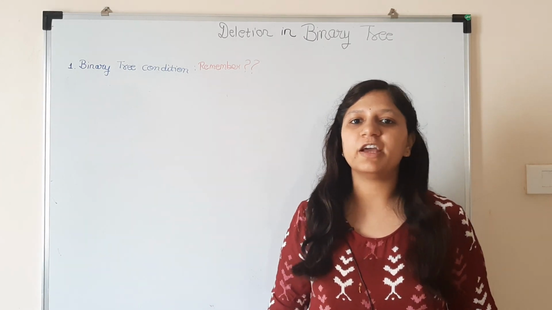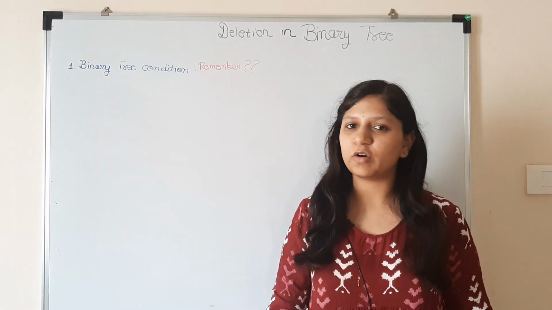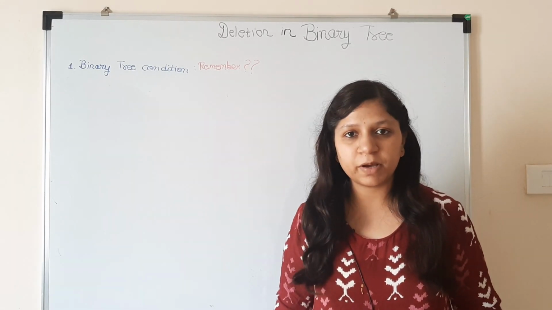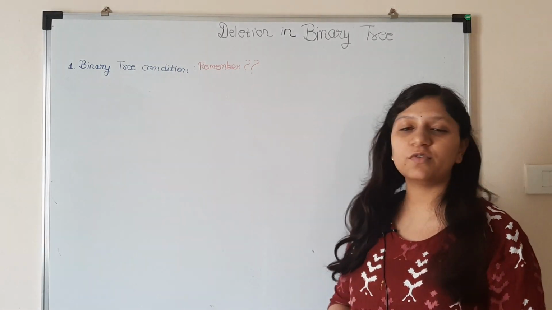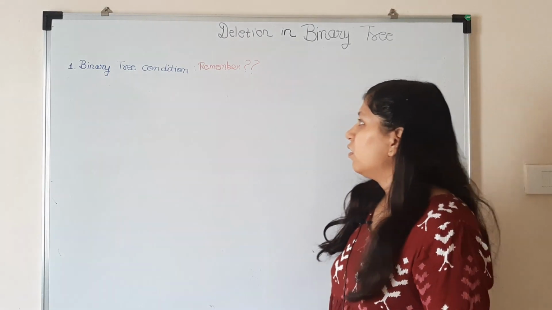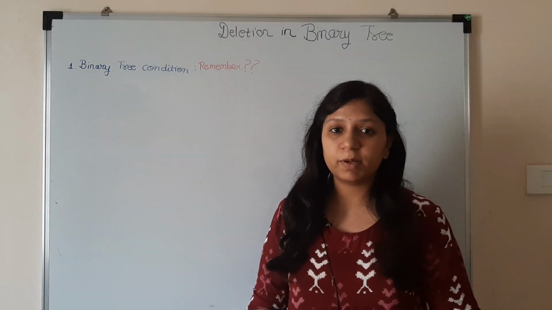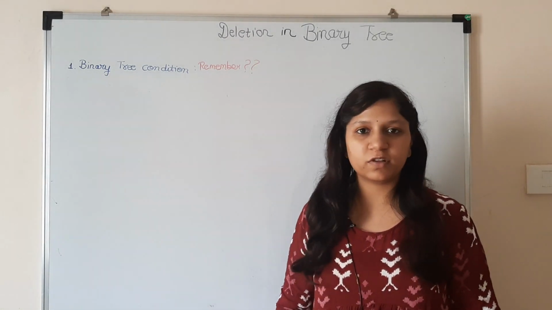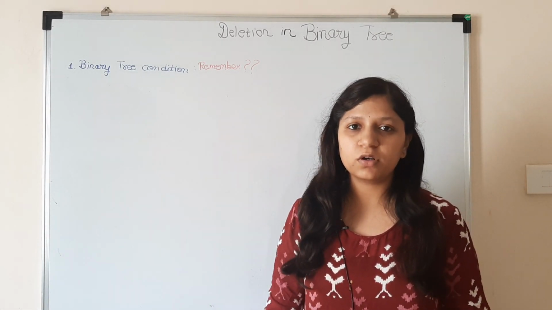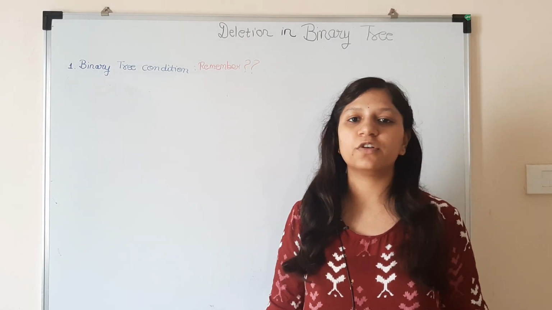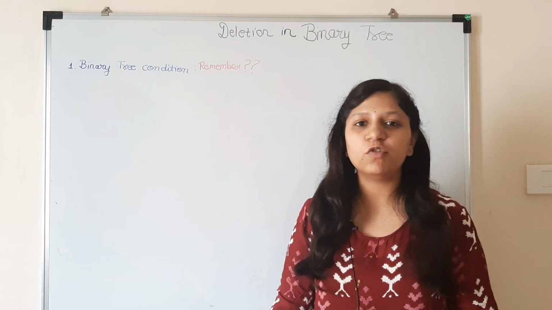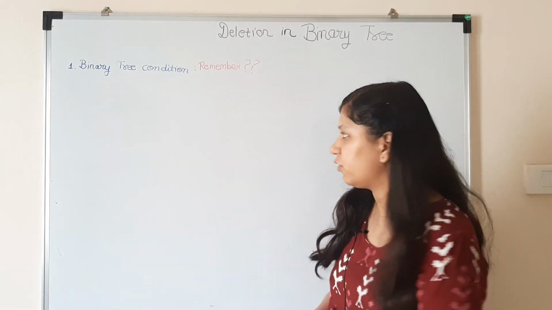In binary tree, we have already covered what it is, how we do different types of traversals, how we can do an insertion in a binary tree, and today we are going to see how we can delete a node from the binary tree. So firstly, remember the condition of a binary tree. What was it? The only condition of a binary tree is that every node can have at most 2 children, not more than that. Now following this condition, you have to work on the deletion in a binary tree.